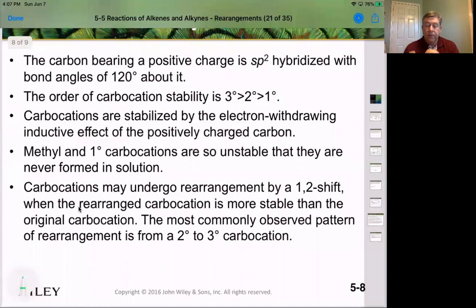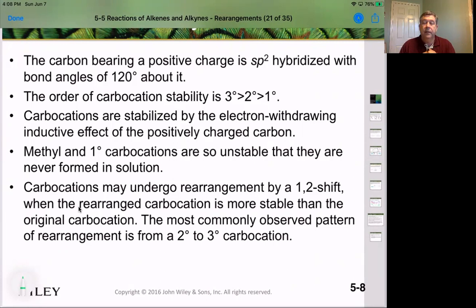Okay, so let's talk about some of the rules associated with this 1,2 hydride or 1,2 methyl shift, okay? The carbon bearing the positive charge is always sp3 hybridized, okay? That means it has 120-degree bond angles. And tertiary is always more stable than secondary, which is more stable than primary. The carbocations are stabilized by the fact that the electron inductive effect is helping dump electrons into that positive charge to stabilize it. Methyl and primary carbocations are not stable because they do not have those things that they can